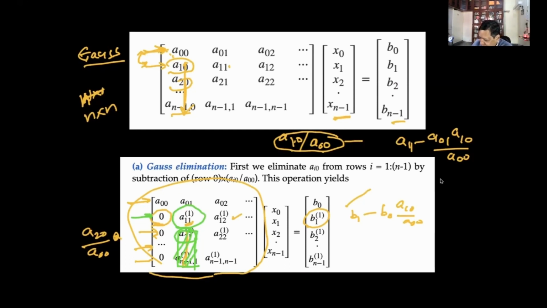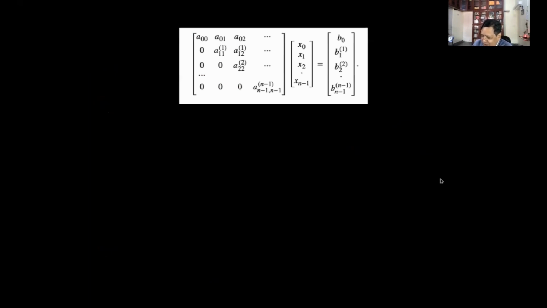So keep doing it. Keep eliminating numbers, and lo and behold, after all this elimination, we get an upper triangular matrix like this. All entries below this are zeros. So they are diagonals and entries above the diagonals. Now this is the Gauss elimination procedure, step 1. And step 2, once we have it, is quite straightforward to see.